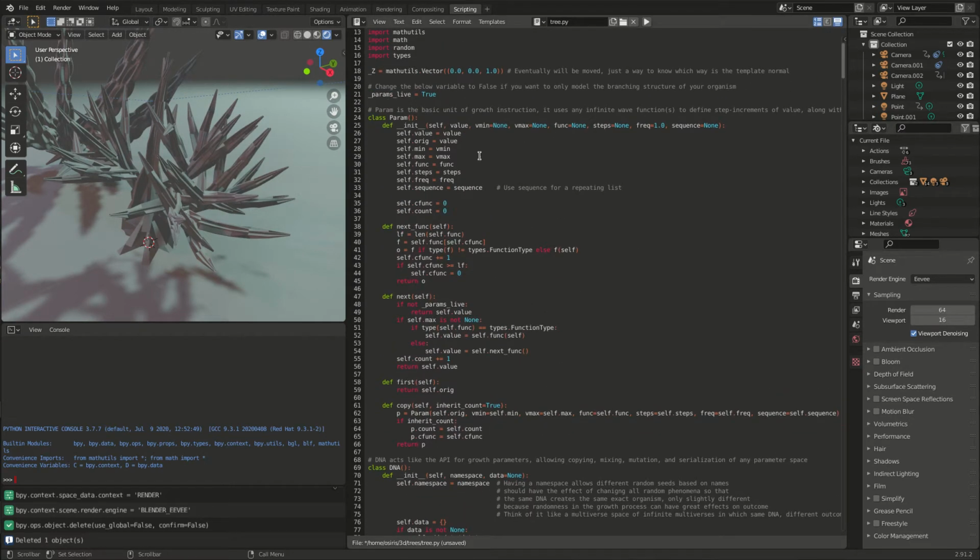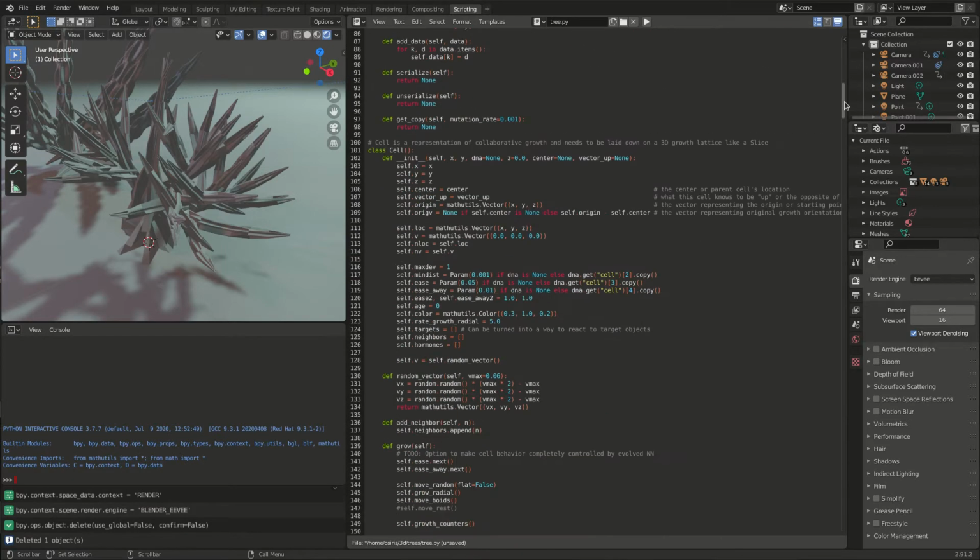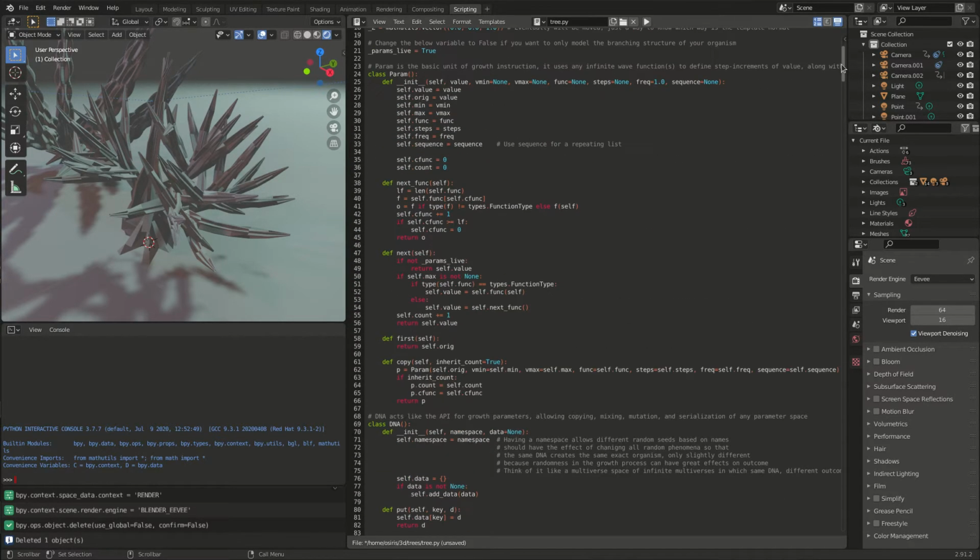What the parameter class does is allow you to step over by using the next function to get to the next parameter. I actually want to start using this in more things that I do. But anyway, every time you call that next function,